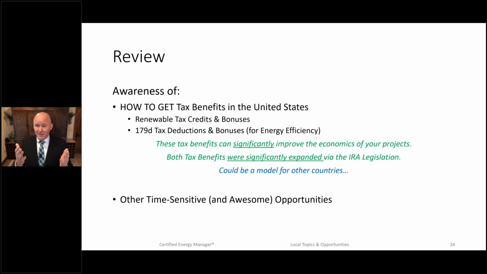And again, in other countries, you can use this as a model. This might help you do wonderful things in your countries, and I hope it does. In your other countries in the CEM, maybe you guys talk about local opportunities that are better than this. Who knows? But I hope you've enjoyed this. I've enjoyed teaching it, and